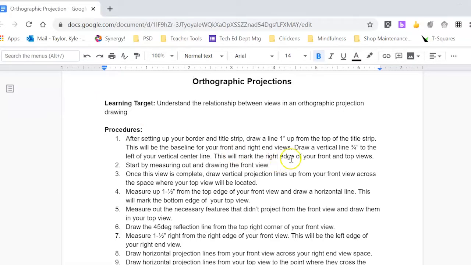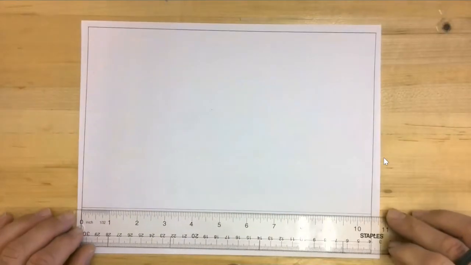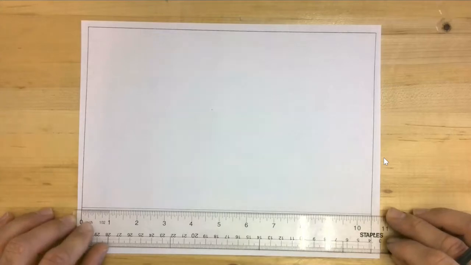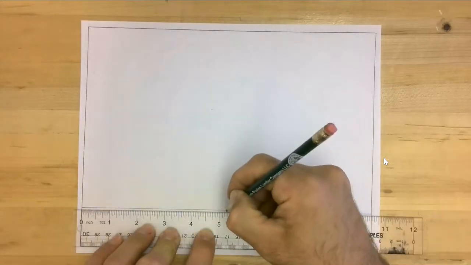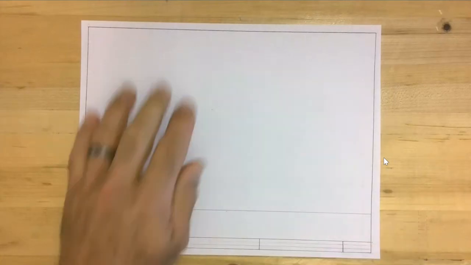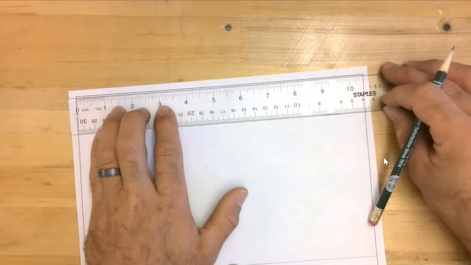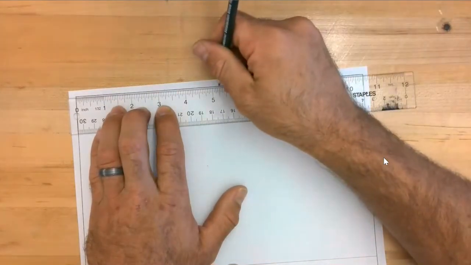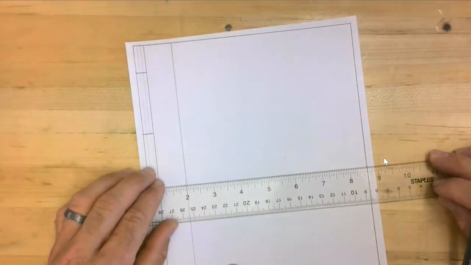Our next step is to draw a vertical line 3/4 of an inch to the left of our center line. This is going to mark the right edge of our front and top views. Now, we don't have a center line yet, so I need to locate that before I go any further. So I'm going to measure the width of my border, which is 10.5 inches. And so I'll put a mark at 5.25. Same thing up at the top of my workspace. And now I will connect that, and this is going to serve as the center line